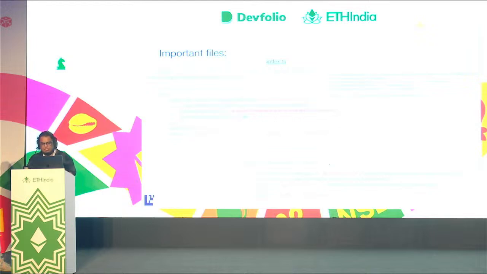And the bottom screen is a monitoring script, a piece of code which essentially says every time I receive a new event, I need to respond to this task. Because if you choose not to, depending on how the AVS is configured, you might be susceptible to slashing and other things.